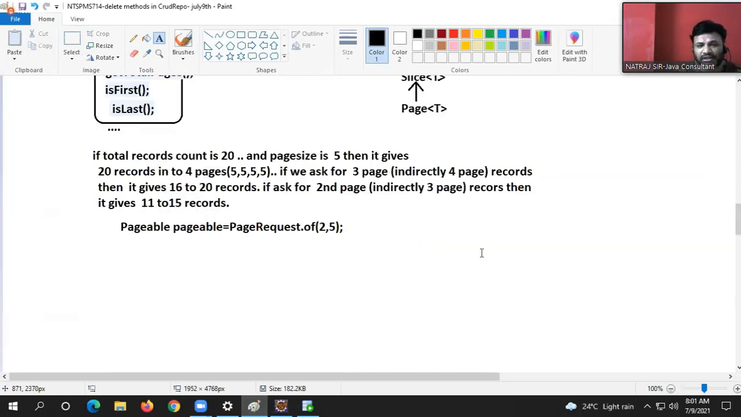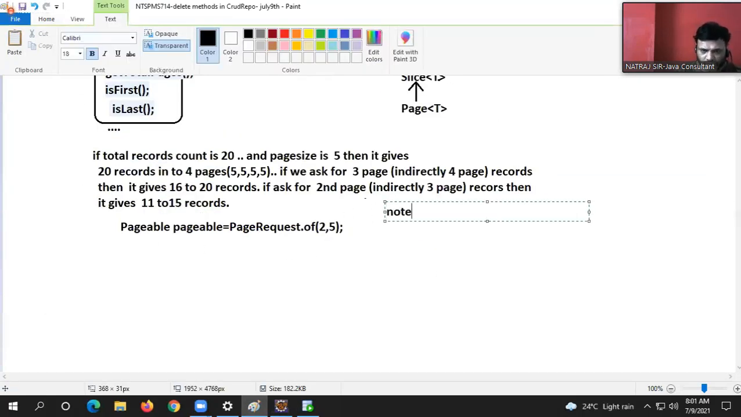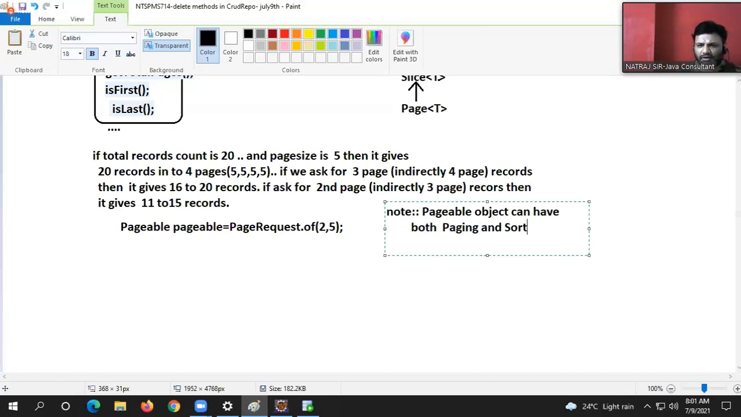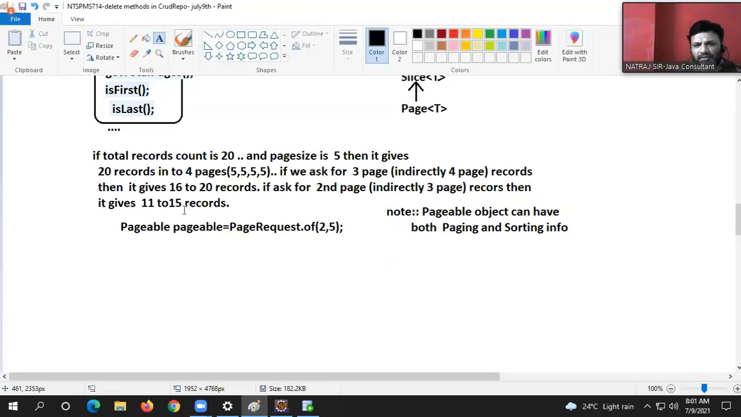Pageable object can have both paging and sorting info. Paging and sorting info. Since it's a standalone application, I cannot show page by page,